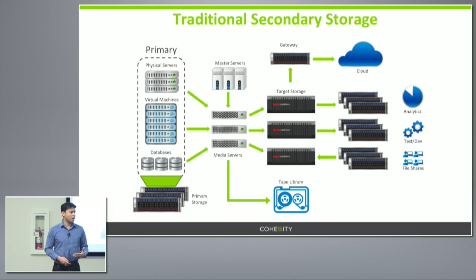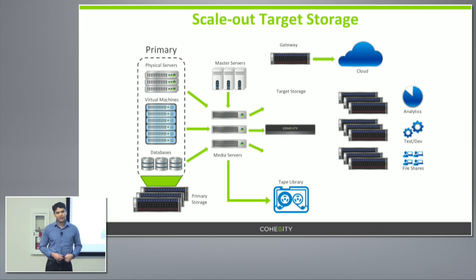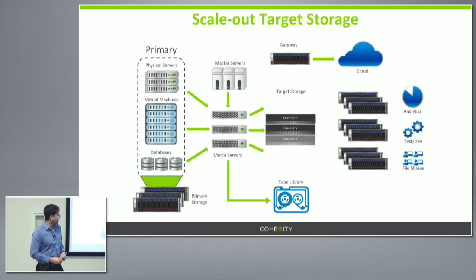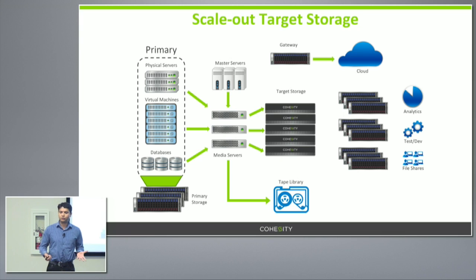Now let's talk about how Cohesity comes in and can fix this. We are hyper-converged, so we can address all of these problems. But our customers don't have to rip and replace everything in one go. So for example, they can replace that target storage with Cohesity. And we scale infinitely, so if it fills up, you can just add more Cohesity boxes and we'll scale out. And by the way, notice how the rest of the secondary storage here stays the same. So we're a very low-impact solution.